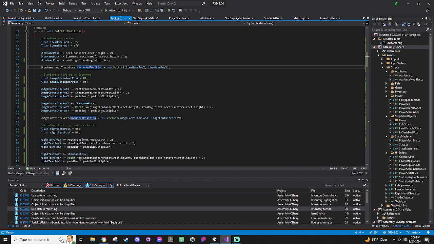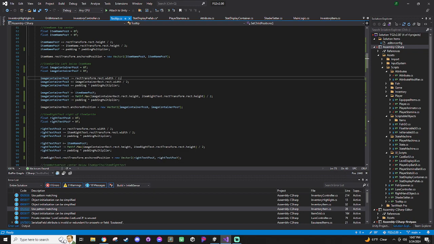And then I do the same thing for the left sprite, although this time I was originally just leaving it right in the middle, but that didn't work out too well. So now I'm basing the Y position off of the top text. So pretty much the same stuff here. I set it to the left over here by minusing because I want it to be on the left, and then I minus half of that, and I bring it in line with the side, and then I add some padding. And then for the top, I set it to the top text, and then I